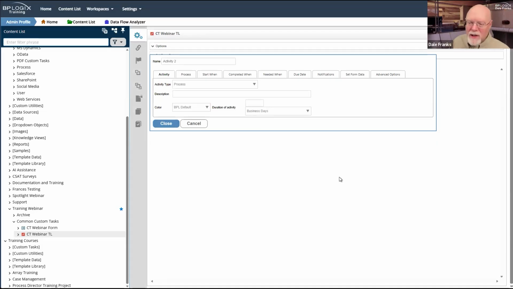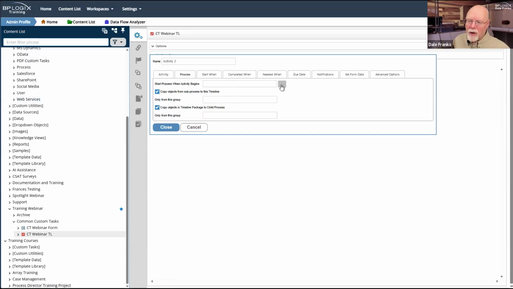Now, the problem with the process activity type is that when it gets invoked and kicks off a sub process, my main parent process is going to stop dead in the water, because the process activity type invokes a sub process synchronously, which is to say that my parent process pauses and cannot continue until my synchronous sub process is totally complete. So this will pause my process timeline until the sub process that I pick is done, and all I have to do is go over and select some process to start. And the timeline is going to stay here on activity 2 until that sub process is done.